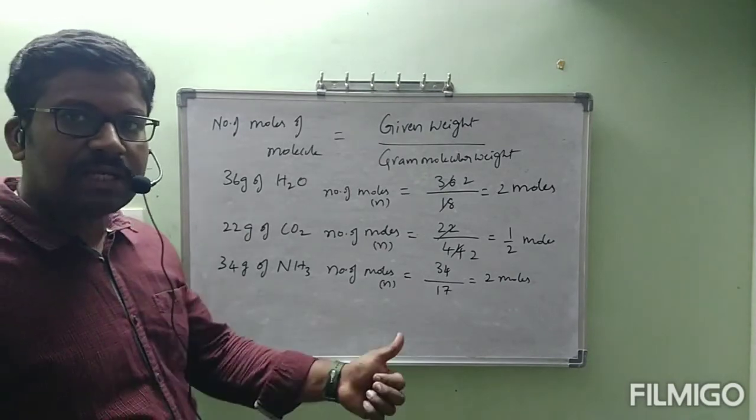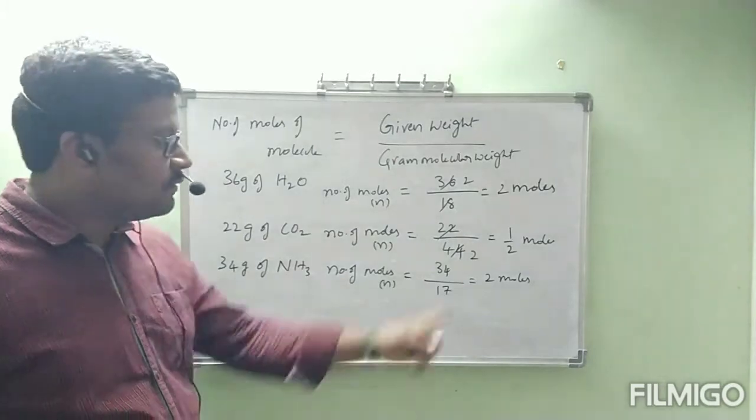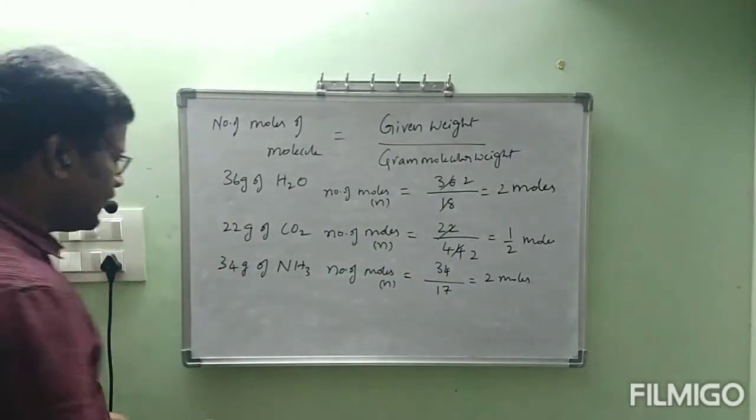Okay, how did we get this one? Given mass 34 divided by gram molecular weight 17, which is equal to 2 moles. Next,